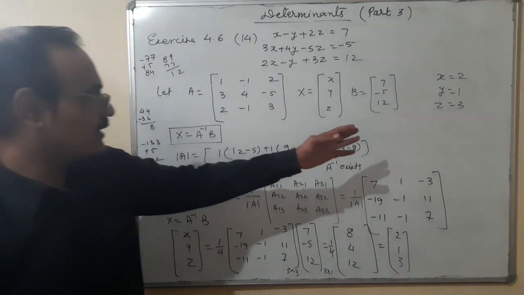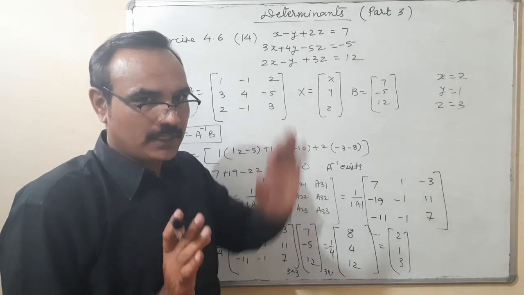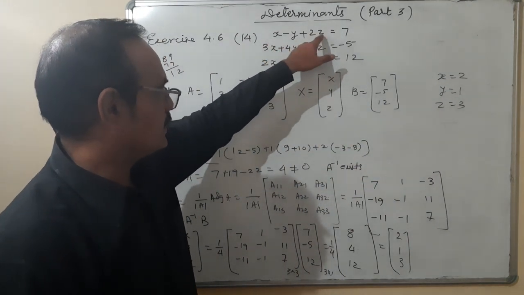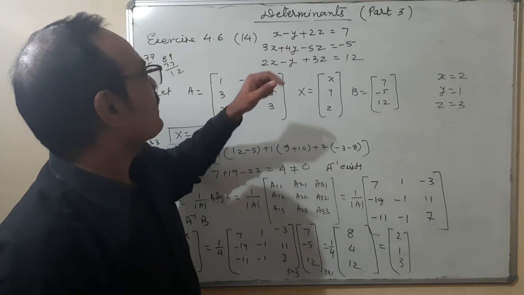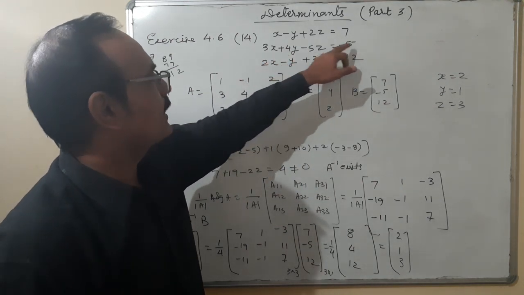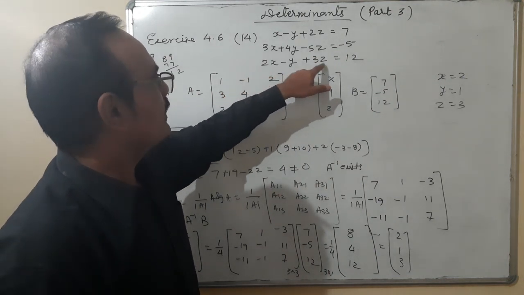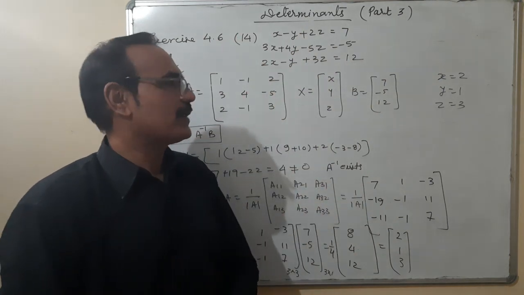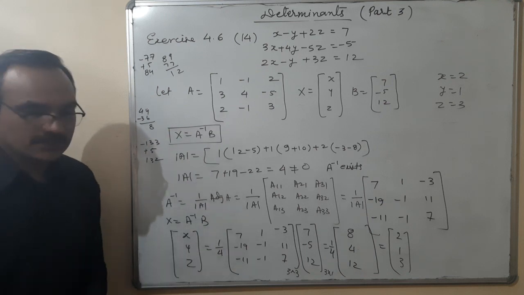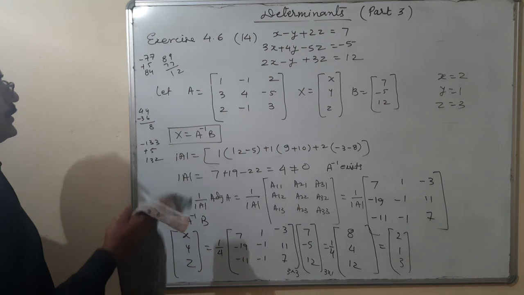Now let us check the answer. I think it's better to check the answer there and there only so that you can confirm that your answer is correct. 2, 1 and 3. 2 minus 1, it is 1. 3 times 2 is 6 plus 1, 7. Second, 6 plus 4, 10. 10 minus 15 is minus 5. Here is 4 minus 1, 3 and 9, 12. So therefore the value of x is equal to 2, y is equal to 1 and z is equal to 3. Okay. So this is a solution of these linear equations.